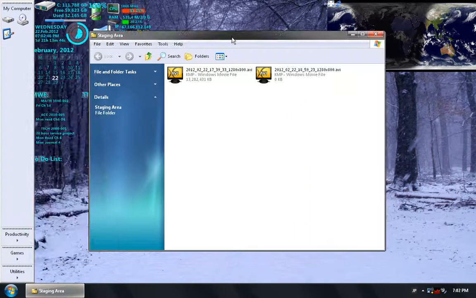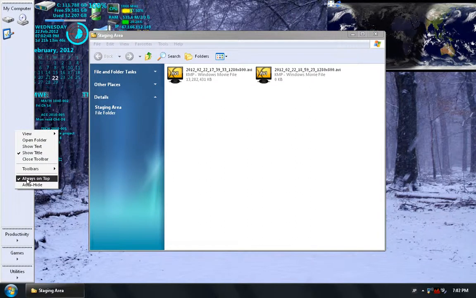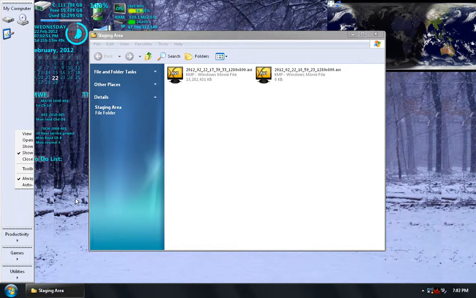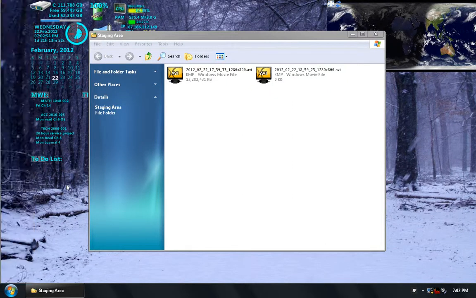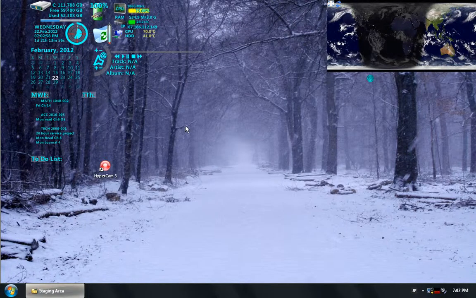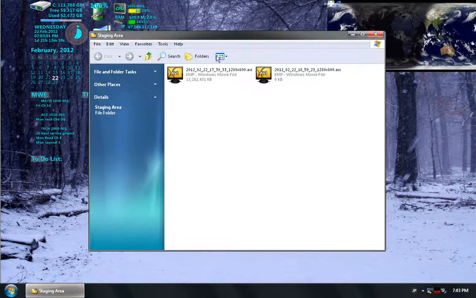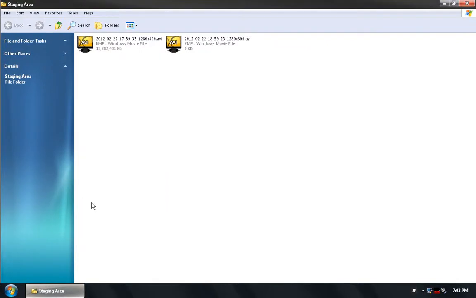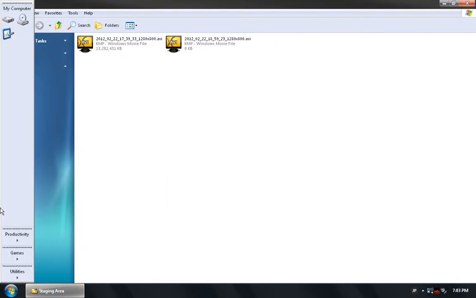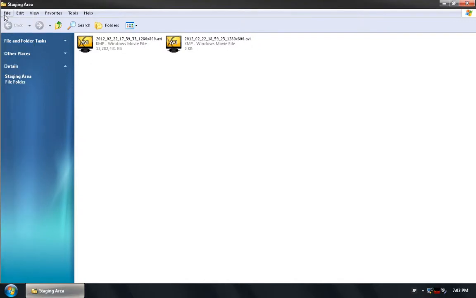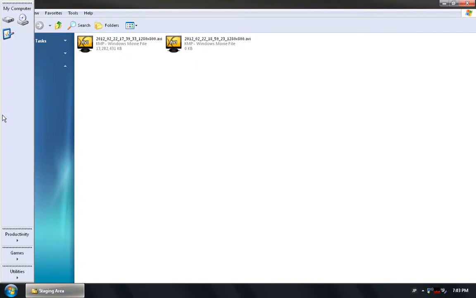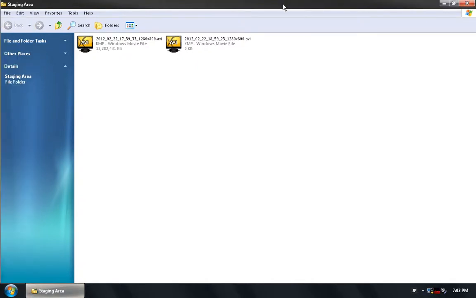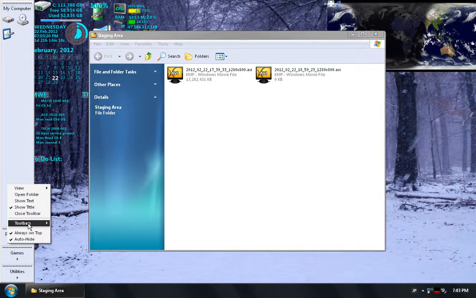So if I right click on here and choose to auto hide it, it will resize the desktop back to normal, and if I click anywhere else, it will automatically show and hide itself only when I mouse over there. And so if I were to have another program running or in full screen, then if I scroll to that edge of the screen, it will automatically appear again. This can be a problem if you were trying to go up to the file command, because it will automatically register as you trying to get close to there, and if you happen to get too close, it will automatically bring this up instead. So it's easier to not have this as always on top and to leave it as it is,